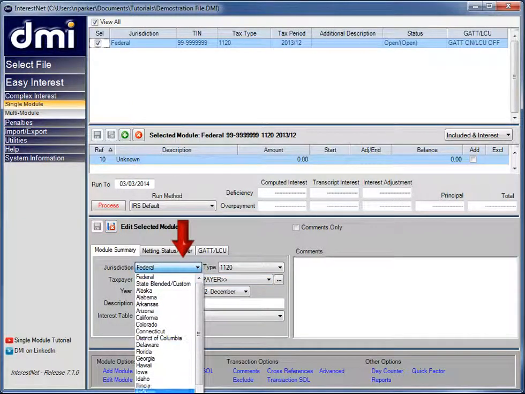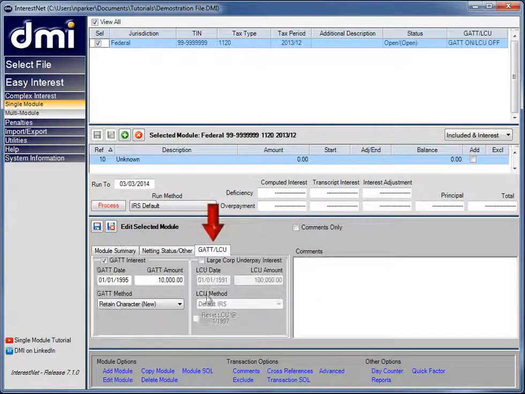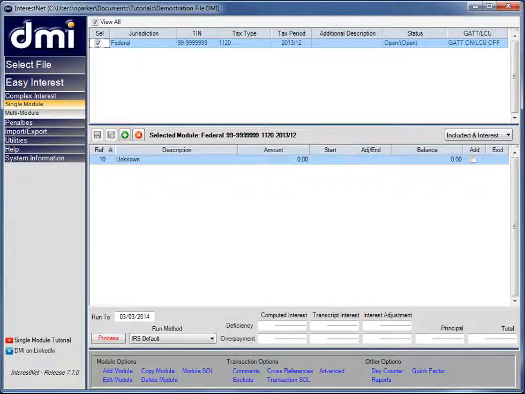Use the Interest Tables drop-down box to select the jurisdiction and rate table for which you wish to calculate interest, and select a tax type and the tax period. You may edit the name and tax ID if desired, and you may set other parameters such as GAT and LCU as needed by clicking on the tab and checking or unchecking the appropriate boxes and filling in the information. After you've set the data parameters for your module, click the Save icon to be brought to the transaction grid